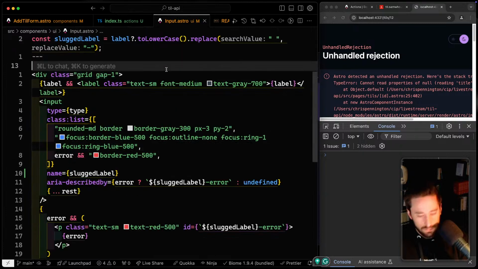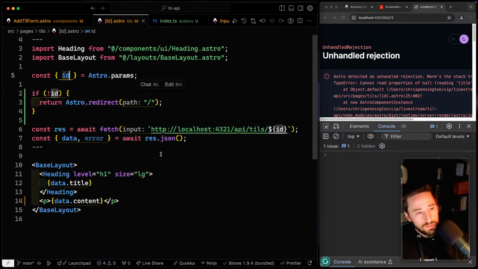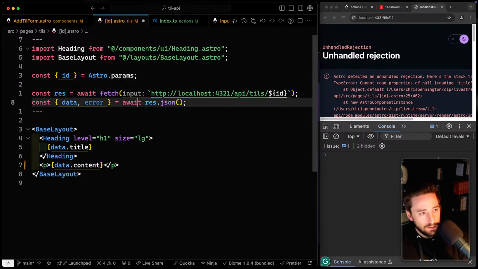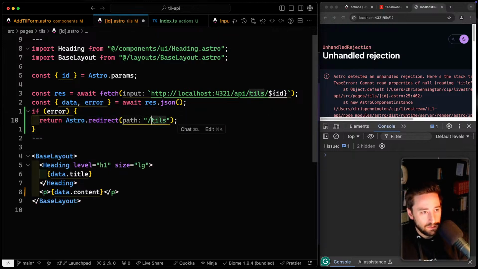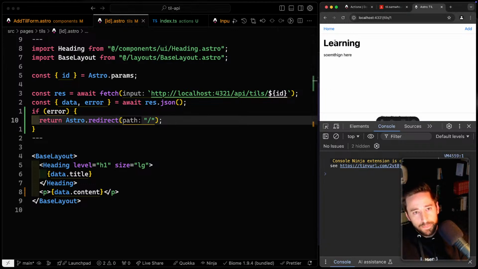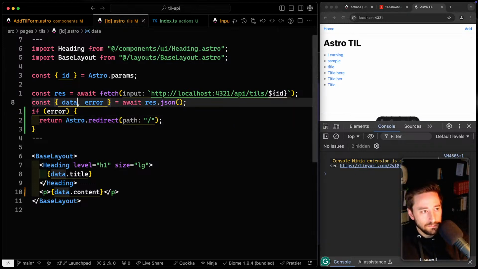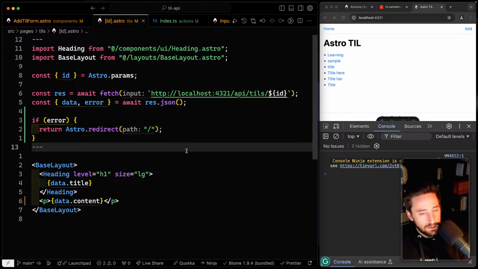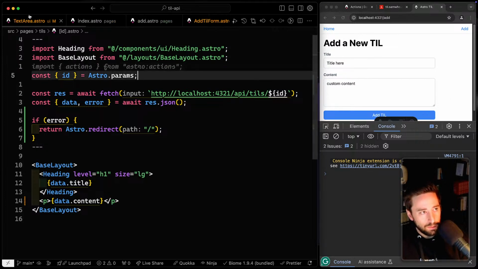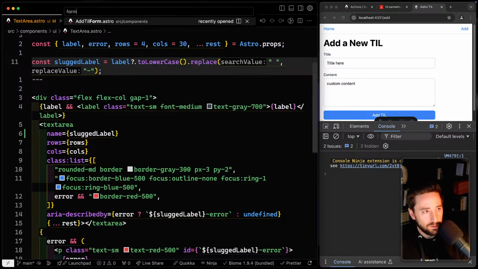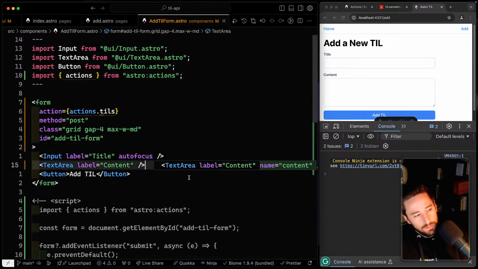Oh, wait, no. So I need to check to see if this exists. If error, then redirect. Yeah, okay. I think that's right. Okay, cool. So we've got all these things here. Stuff's working. We've got our post route, title here, custom content. Before I hit enter, what I want to do, although I'll probably have to retype all that, is form. I guess I need to do this on the